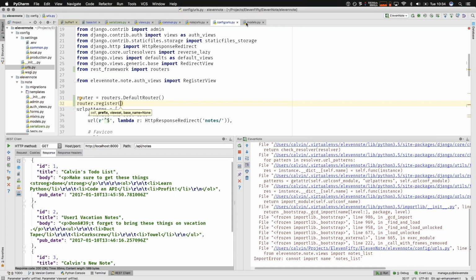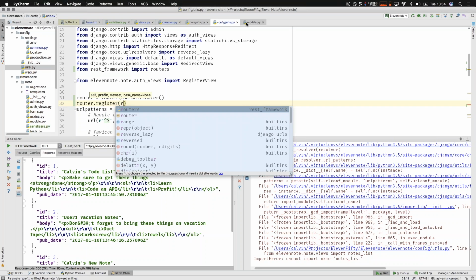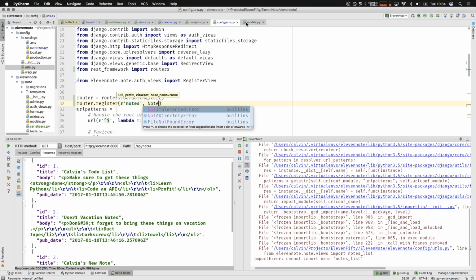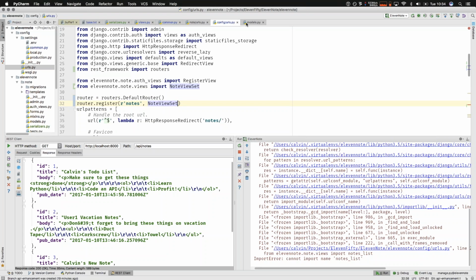And so to register the view, we just need our prefix. In this case, notes is going to be our prefix for this application. And we put in our note view set. And you can see it imported for me nicely. So we've brought in our default router from the framework, registered our note view set with the prefix notes, and